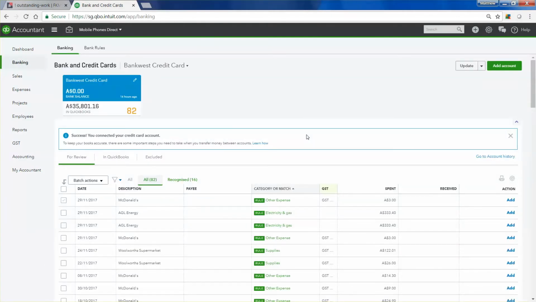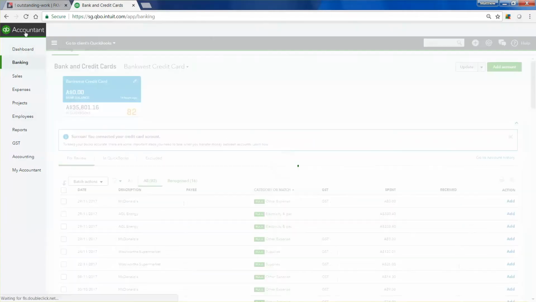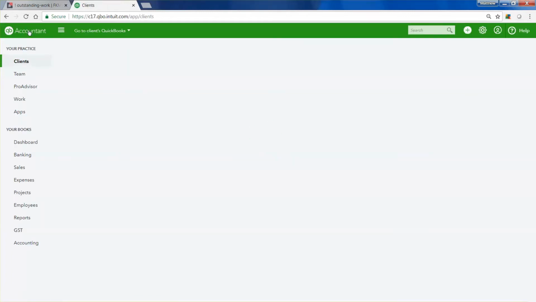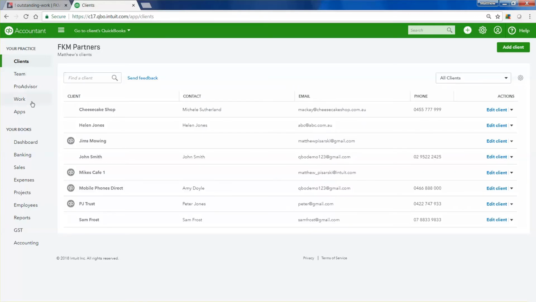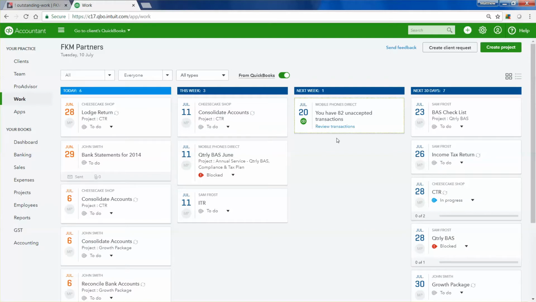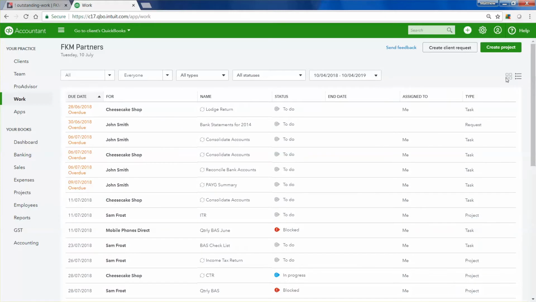so you can actually do the reconciliation from there. Okay. So if I go back into the accountant level, you can do that just by clicking accountant up on the top left, and then I go back to the Work tab, I'm back in the practice manager. Okay, now as the accountant, if I don't like this canvas view, a lot of people prefer a list or a checklist type view. Up on the top right here, you can change that view as well. So you can see here all your clients and the jobs and projects that you're currently working on or